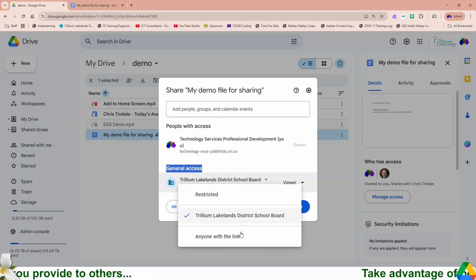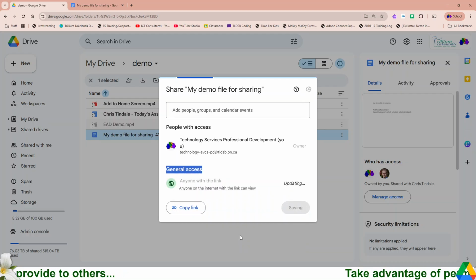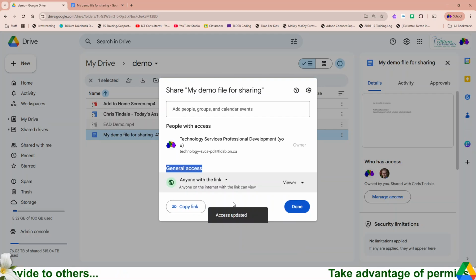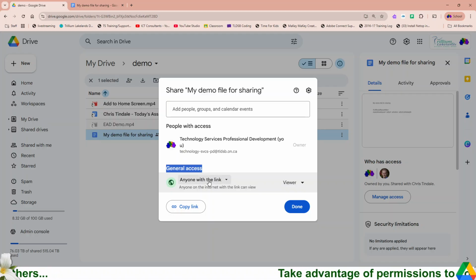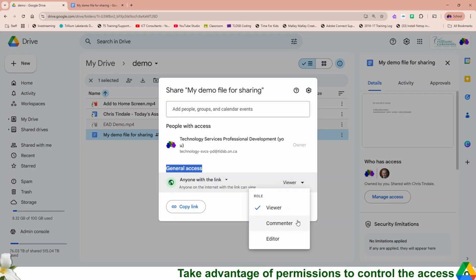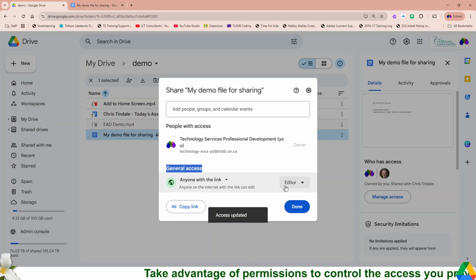But if I were to come down and say anyone with the link, that is literally everyone on the planet. There's no limitation. You don't need to be logged into an account of any kind. You could take this link, I could hit copy link and just paste that on Twitter, and anybody who sees it could click on that link and access this document, which means I could give them view access, I could give them comment, and I could even go so far as to give the entire planet editing access to my